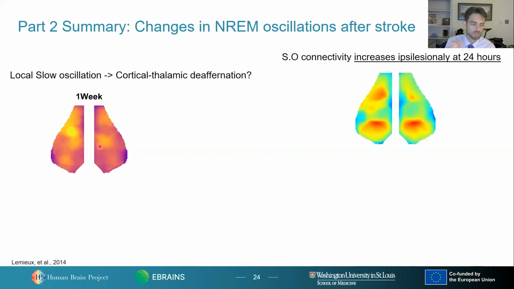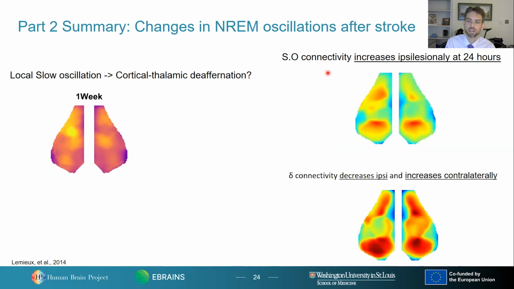In addition, we've been talking a lot in the modeling and simulation talks and everywhere else about changes in E/I balance and ion channels. We are starting to see changes in the connectivity of the network initially, immediately at the 24-hour mark, within the slow oscillation frequency band, whereas we see this change in ipsilateral to contralateral. We see this loss of delta connectivity over the ipsilesional area with an increase in the contralateral region. And so